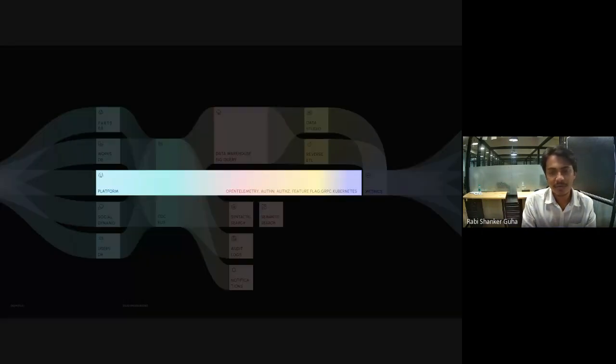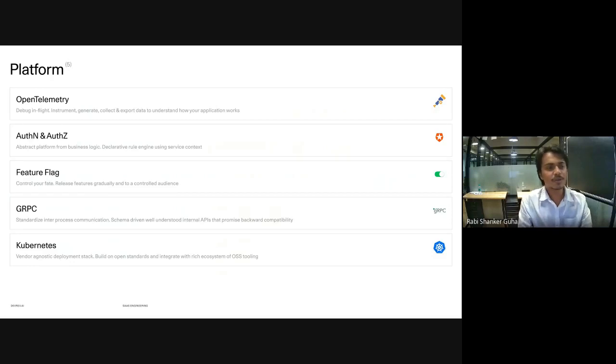So I talked about most of these things, and the last thing I will talk about, and I'm almost out of time, so I'll try to wrap this up fast, is the platform. The platform, like I said, is the crux of building everything. Everything we do is built on top of gRPC. Each microservice talks to other microservices in gRPC. All requests and responses are captured in protobuf. And the platform is more than